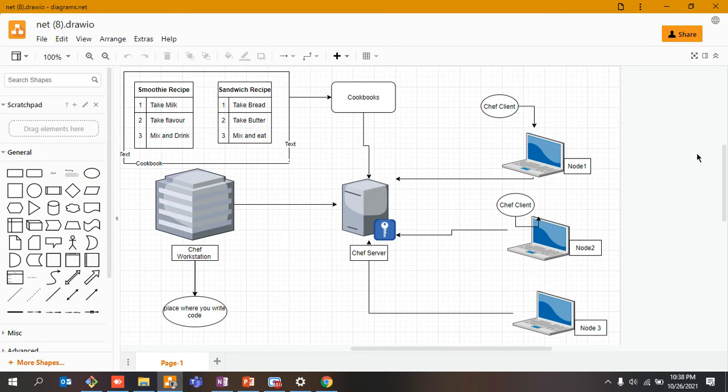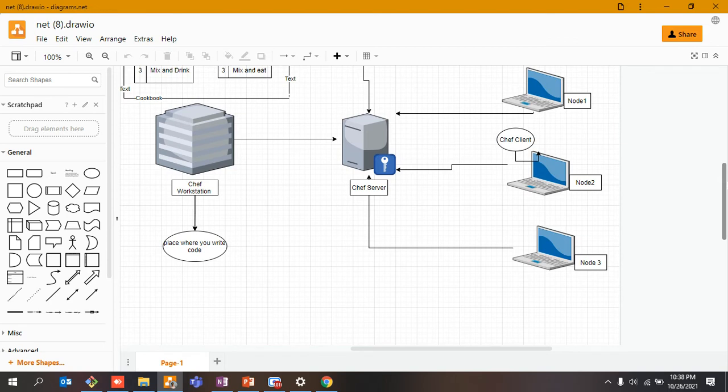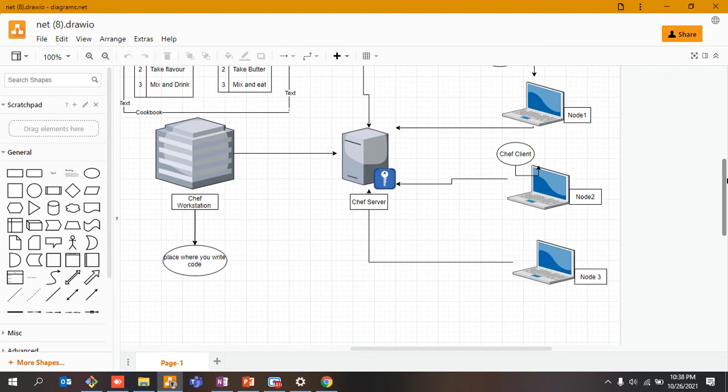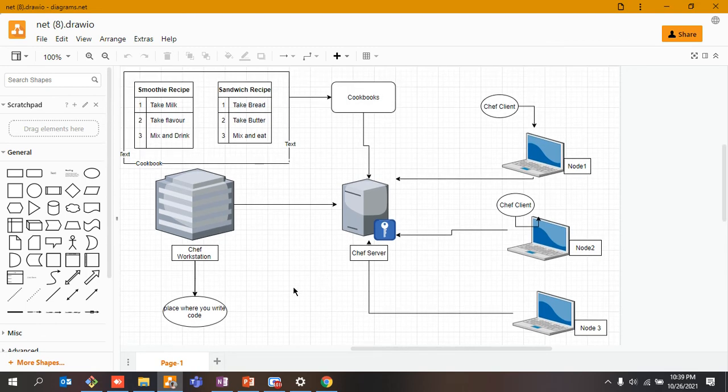Okay. So in this particular diagram, I'm going to explain the entire architecture of Chef, how it works, right? Starting from the start, we have three entities involved over here. One is your Chef workstation, one is your Chef server, and there are a number of nodes that are attached to this server, right? What is your Chef workstation? It is a place where you would be writing some of your code. You would be installing this onto your Linux machine and writing your code. Then you would be uploading that code to the Chef server, and then the further process goes on. I'll explain, right? So this is your Chef workstation.